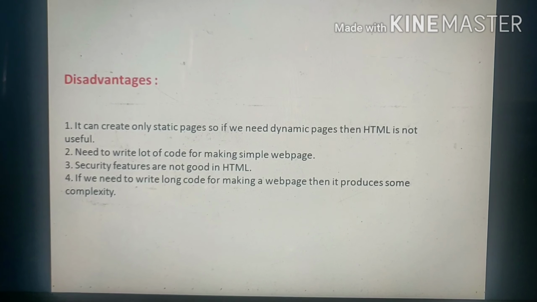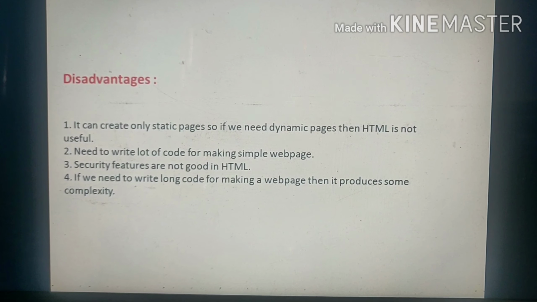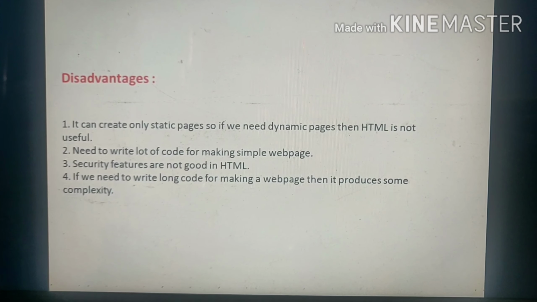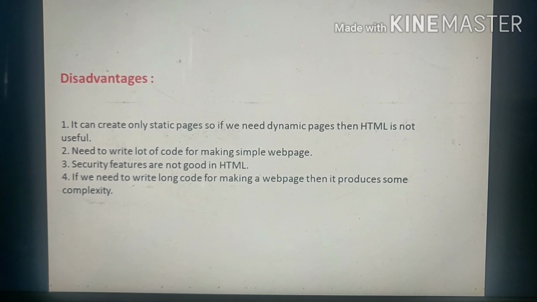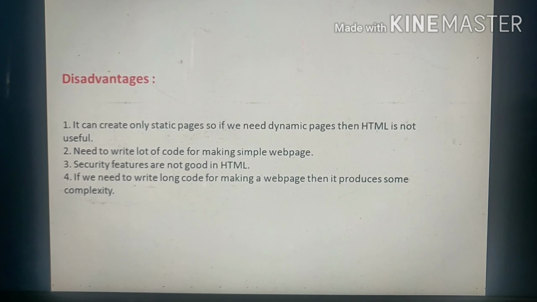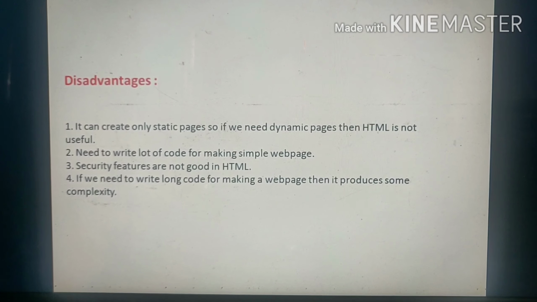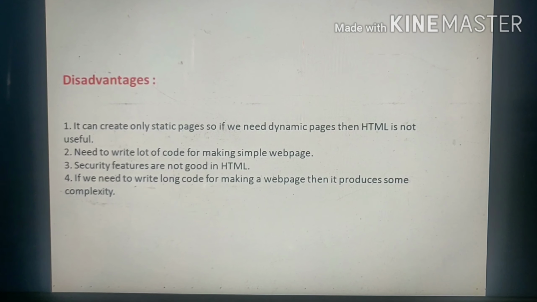Then second is we need to write a lot of code for making simple web pages. Then third is security features are not good in HTML.